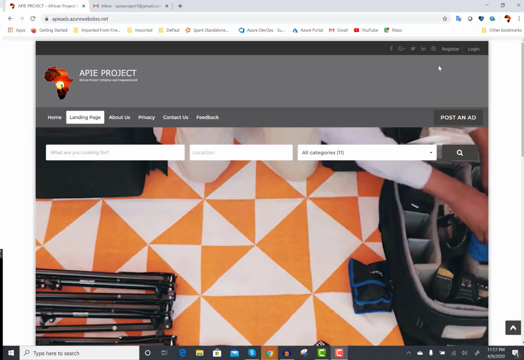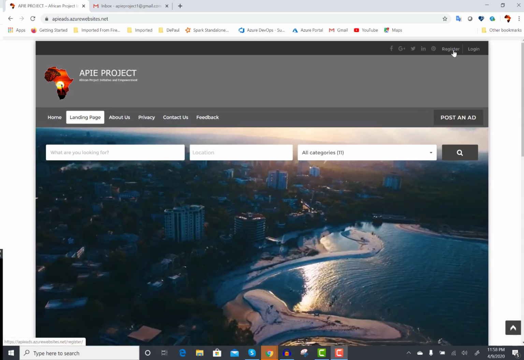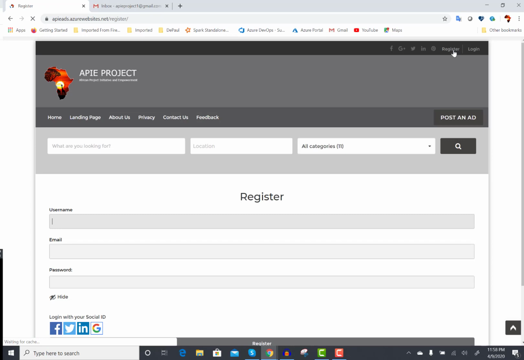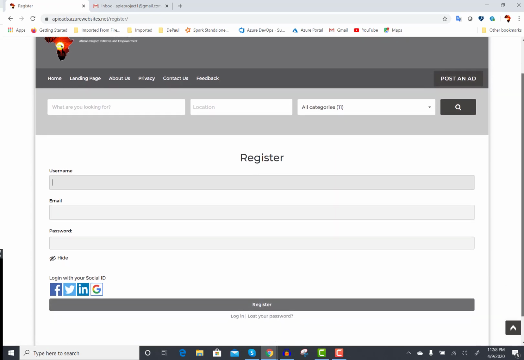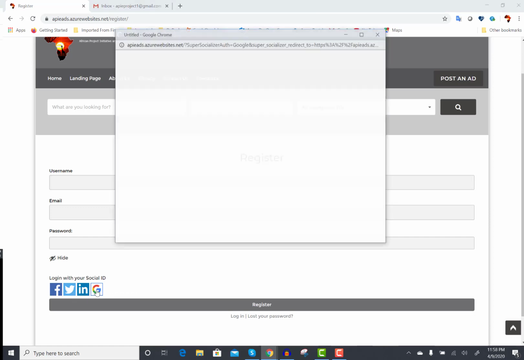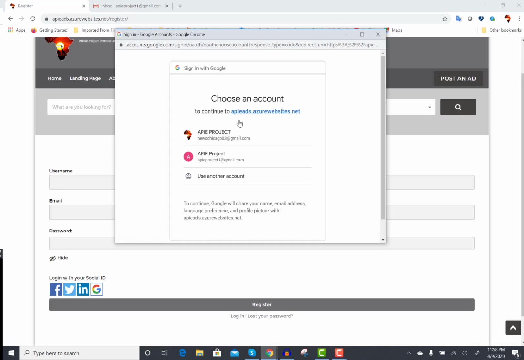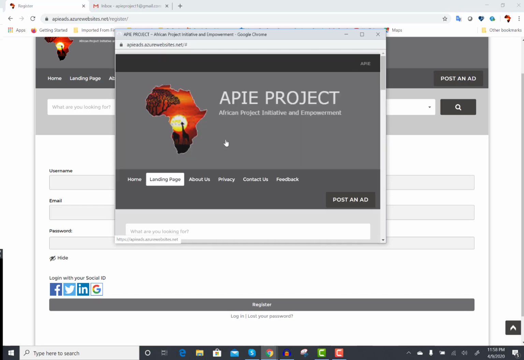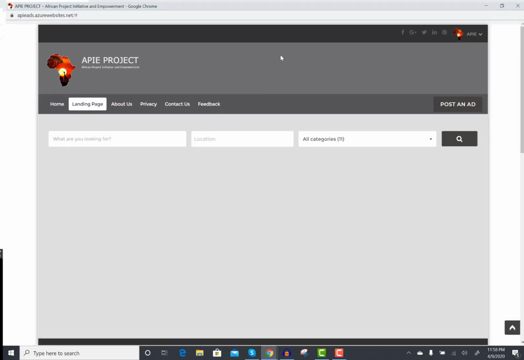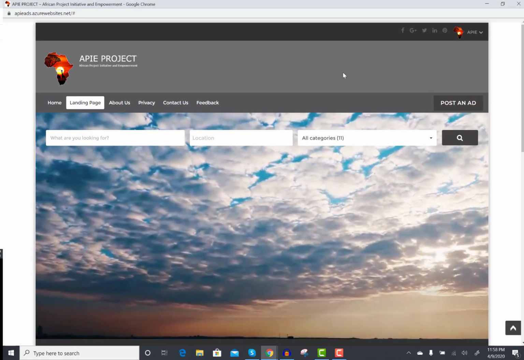So the first thing you have to do, you come here, see this link that says register. You click on it, you register. The recommended way to register is through your social media. You can use Facebook, Twitter, LinkedIn, and Gmail. So here, maybe I have some Gmail account. I'm just going to log in, and it's going to automatically take you there. See, it takes me directly to